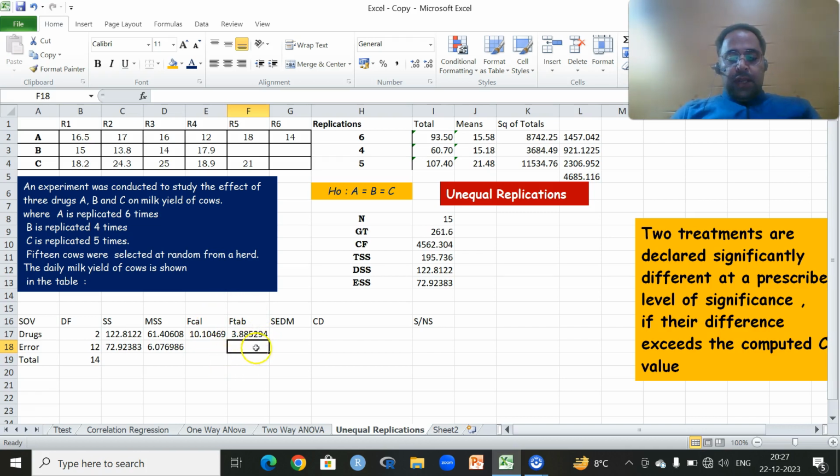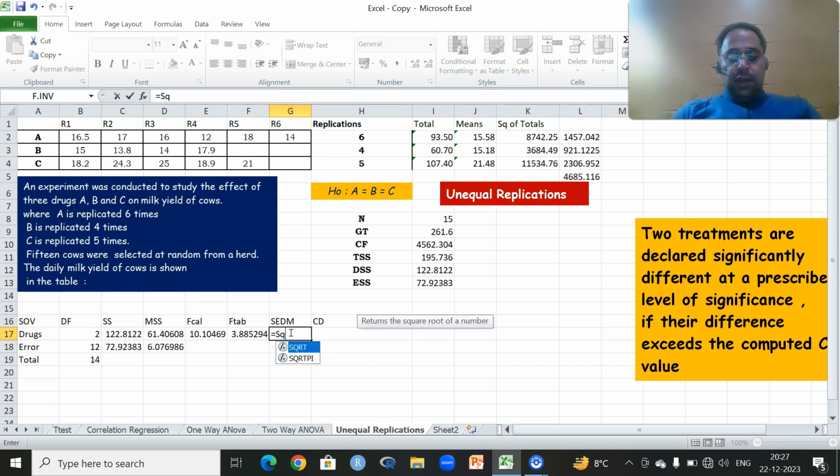So the first step is clear that all these three different treatments, they are significantly different from each other. So in order to proceed, what we will do, we will calculate the critical difference, and for that we need to first calculate the standard error of difference of mean. That is simply the square root of, usually when we have equal number of replication we calculate it by the under root of twice mean square divided by error, but